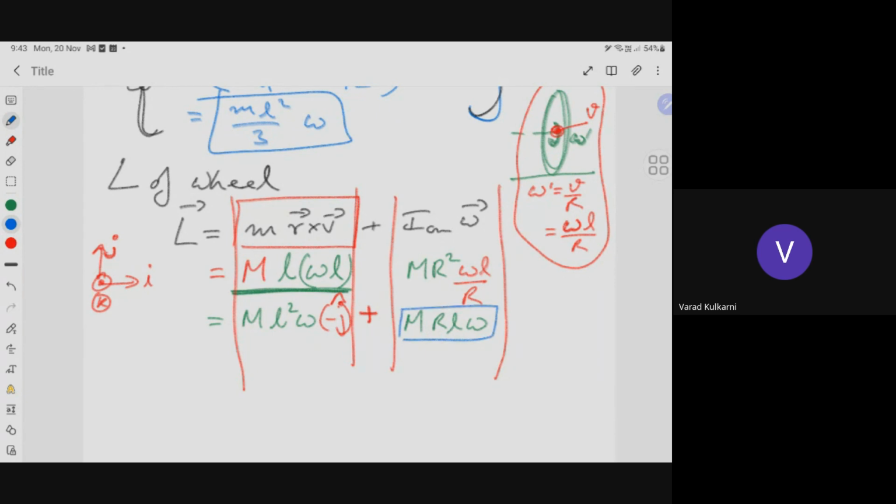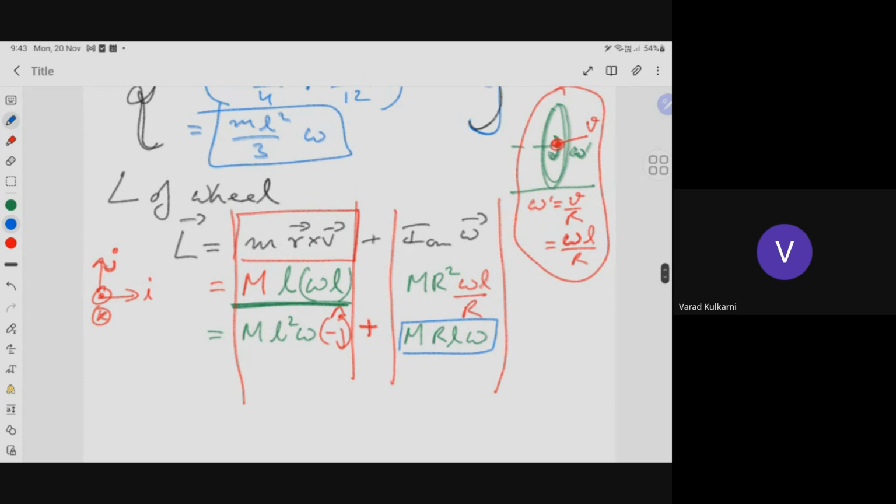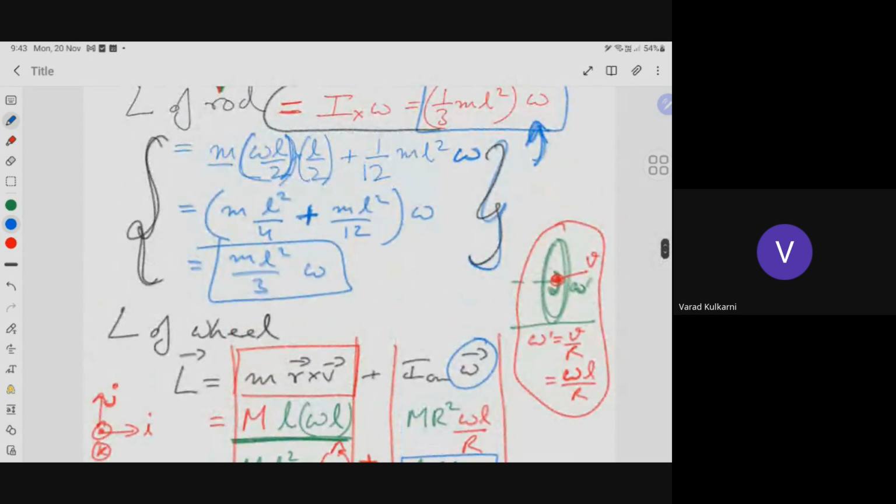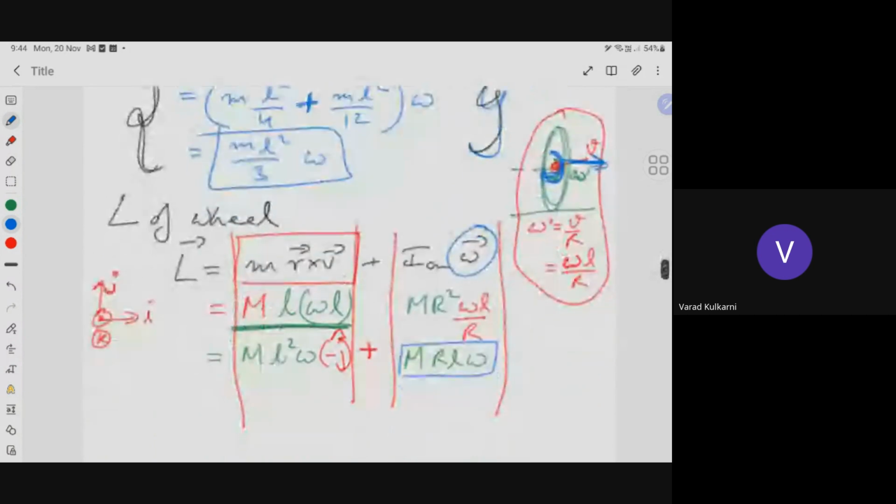MRL omega. So this was in the direction of omega. So what is the omega direction? The wheel is spinning this way. If you curl your finger that way, as the wheel is spinning outside, your omega direction comes this way. That's the omega direction. What is that direction? That's the I direction. Hence, the answer is minus ML square omega J